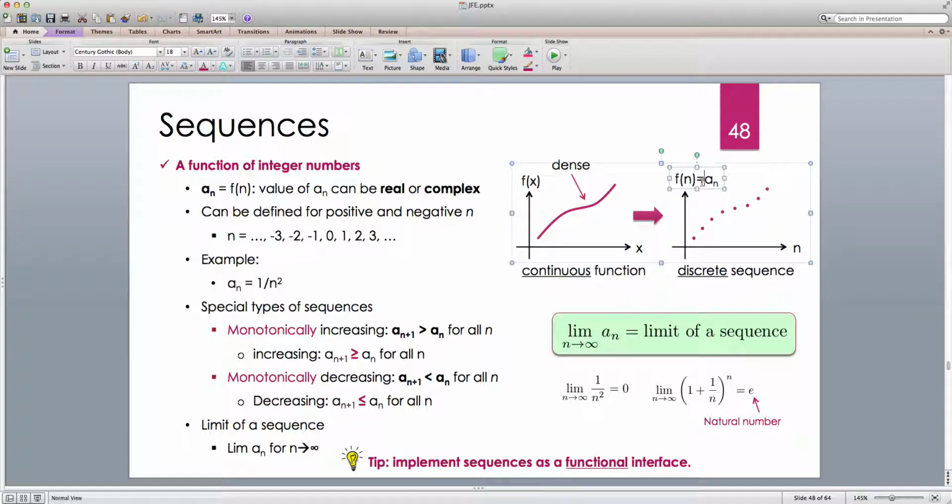And the convention is that instead of using f of n, we use f sub n or a sub n. Okay, so n here can only be an integer number, and we said that the sequence can be increasing or decreasing, or monotonically increasing and monotonically decreasing. And then we said that one important property of sequences is the limit of the sequence as n tends to grow larger and larger. If the sequence approaches a specific number, we call that the limit of the sequence,